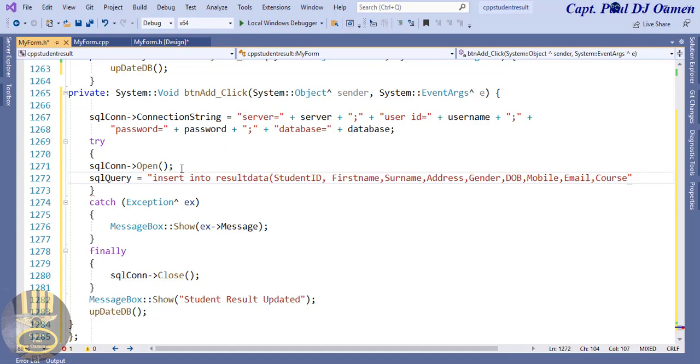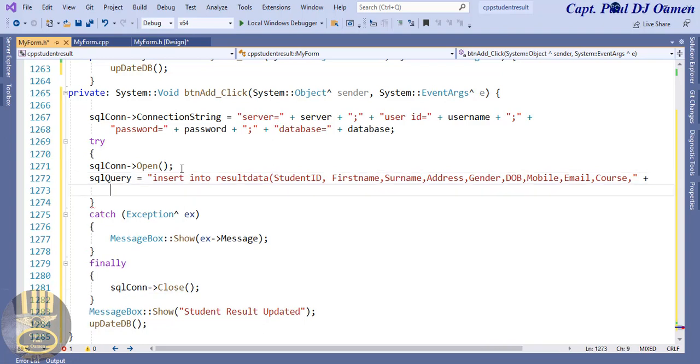Now let's put a comma here, come out of it and just a plus, come right down here, and I now have course code, comma, looking good so far. Then I have, after the course code, module 1,